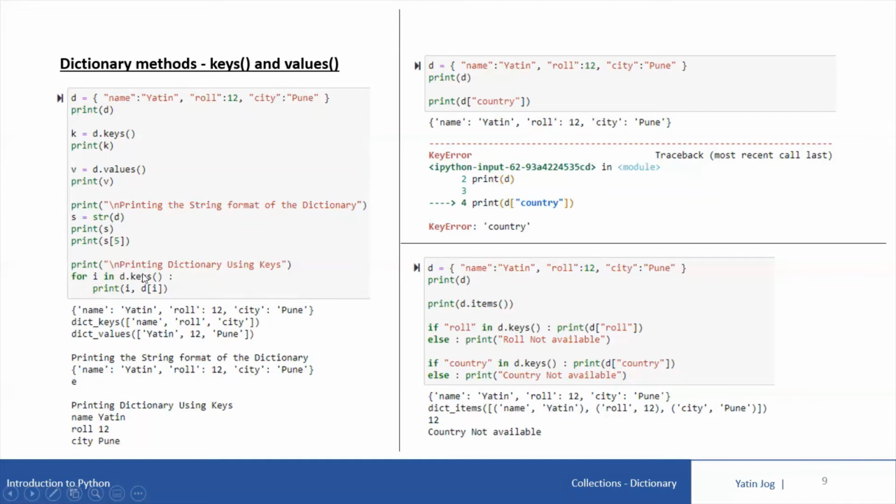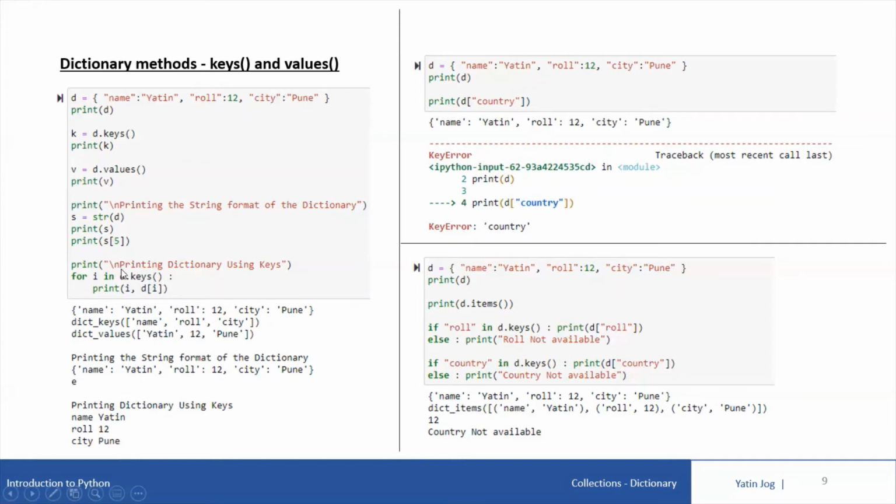Now you can also use the keys method, which we have already discussed, which returns all the keys inside a dictionary object. You can also use this keys method to traverse through the dictionary elements. If you want to use a for loop to traverse through a dictionary object and print all the contents of the dictionary object on the screen, you can say for I in D dot keys.